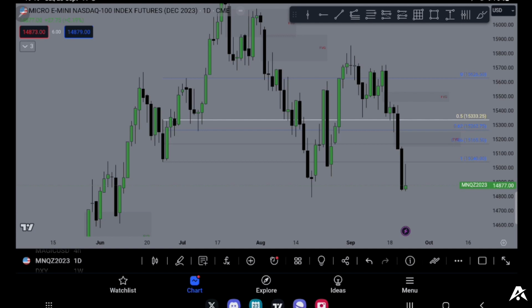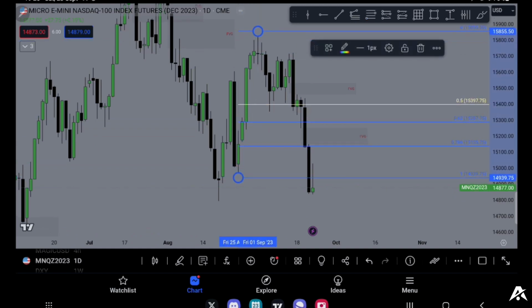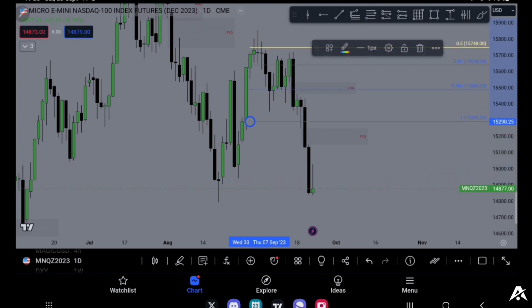If you see price anywhere between 0.62 and 0.786, that is the most important place for you to hit the buy button. However, if I go back to my OHLC, and let's take an example of fib retracement over here. If I'm expecting price to go up and I have my candle,